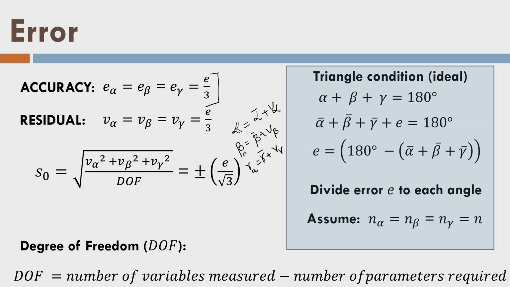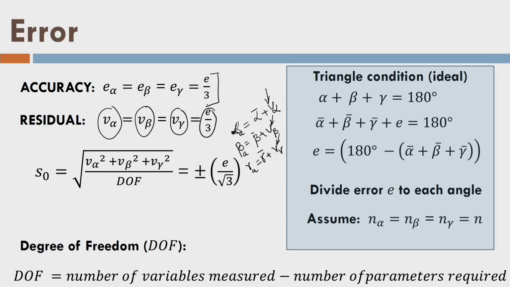Now I write generally the adjusted values of alpha, beta and gamma as alpha A, beta A and gamma A. Now you put the relationship: alpha A plus beta A plus gamma A, which are the adjusted values of alpha, beta and gamma, you will get 180 degrees. And now you have also estimated these V's, so you know what's the accuracy. So these are basically the accuracy of the angle, V alpha, and we represent it by residual or accuracy. Generally we write the residuals like this: V alpha, V beta, V gamma.